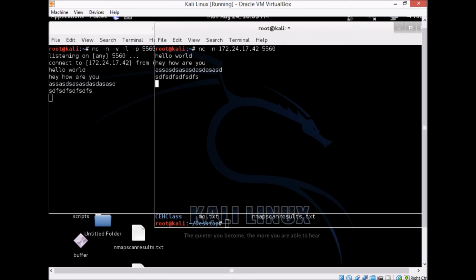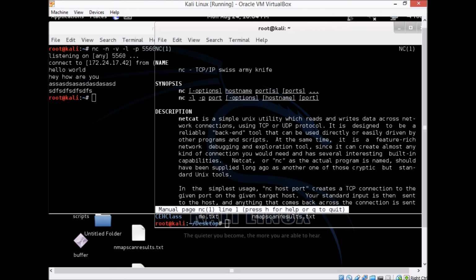And within the Netcat shell, there's a bunch of cool things that you can do. And if you really wanted to learn more about it, you can use the man page within Linux to check out everything that you need to know about Netcat. But for our purposes here,